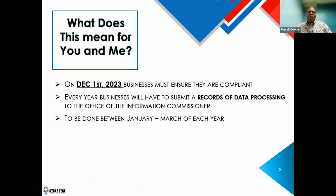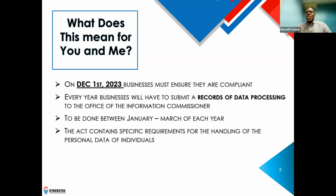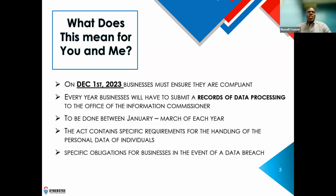So it's an ongoing process, much like anti-AML compliance with the FSC or the BOJ. This is now another regulatory requirement, right? So the Act really speaks to specific requirements for the handling of the personal data that companies will be handling. And it outlines as well specific obligations whereby businesses would need to abide by in the event of a certain data breach, which we will discuss